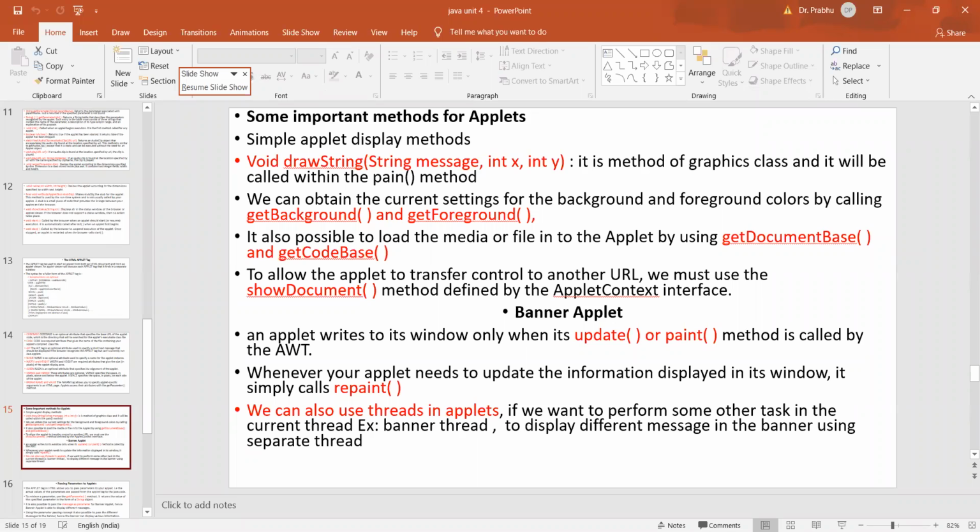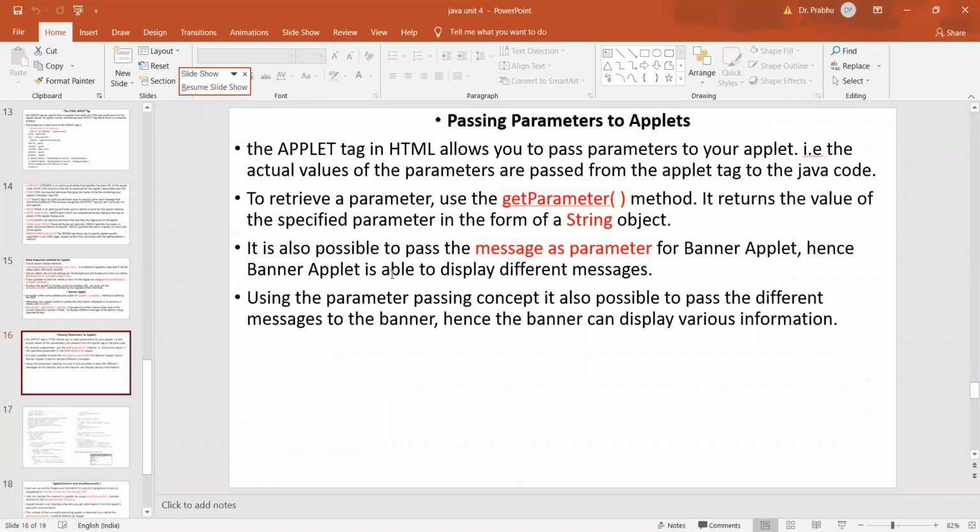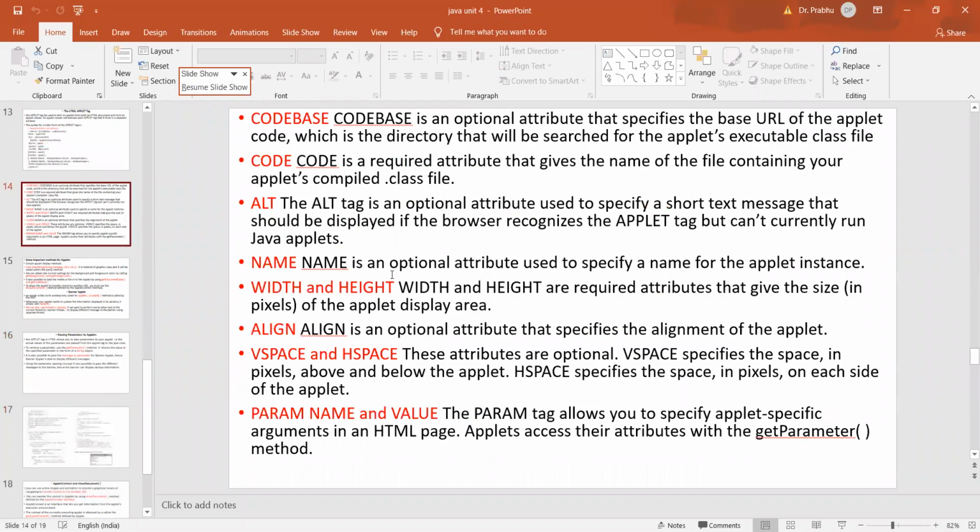That thread as well as the update will both be executed in parallel. So that is the feature of threads inside the updates.